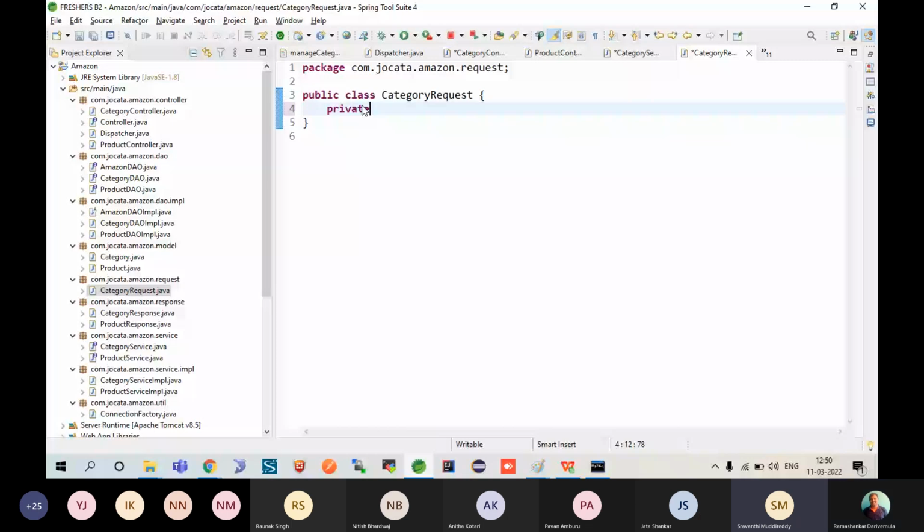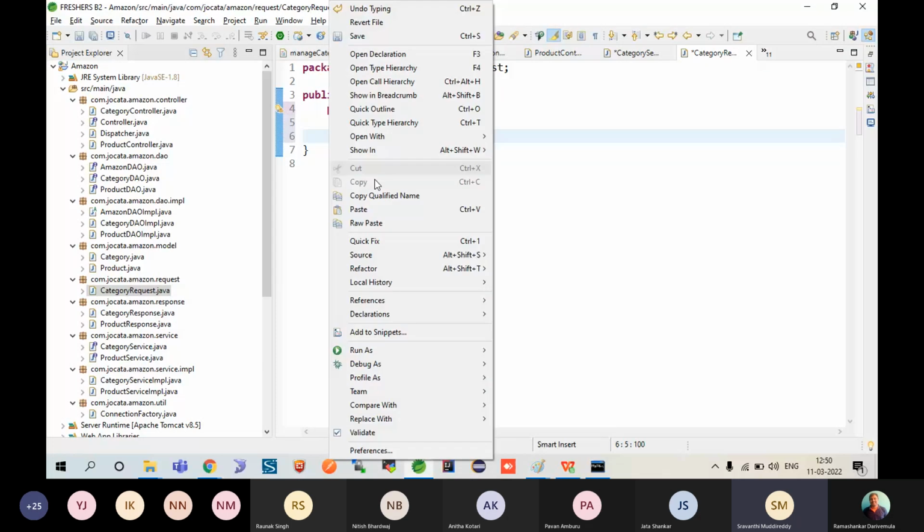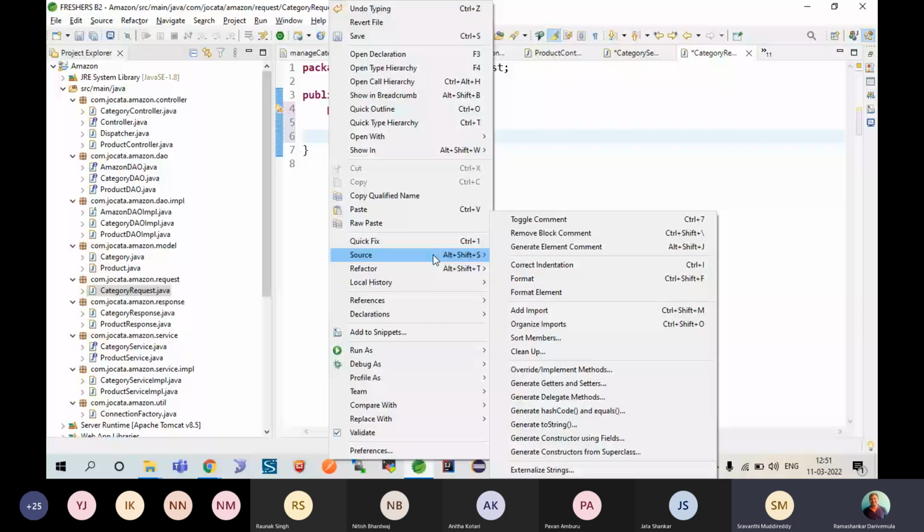For one single element, you need not create a POJO like this, but in real time, in big applications, you don't get a single element as a request. Most of the times you will get multiple elements as a request. So I'm creating an object. So this is what it is. Generate